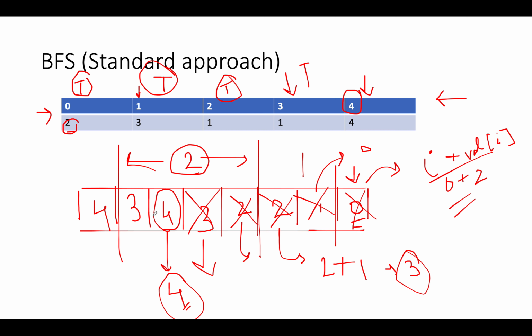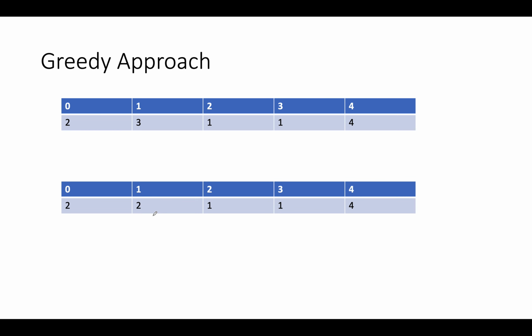So this was a standard approach, and I'll be coding this up as well. But even before completing the solution, let's look at the greedy approach as well. The greedy approach is also inspired by the BFS approach. The only thing that changes is that we don't need an extra queue for generating the solution. So let's get started with it.